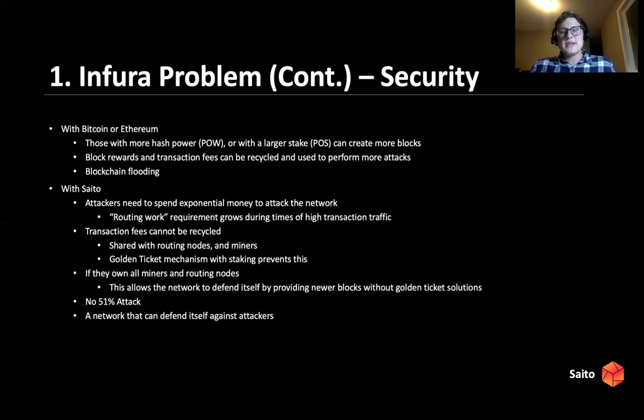Okay, so with this consensus mechanism that I've covered, we can see that there's actually no 51% attack. There's no 51% of hash power that you could rent, or staking 51% of coins or anything like that. Routing work, or your ability to post a block, is solely dependent on how many transactions you have shared with others in an open manner. And we can see that attackers lose money if they attack the blockchain, and honest participants who distribute transactions with each other and provide things of real value will turn a profit.